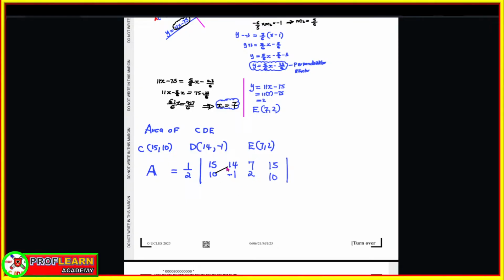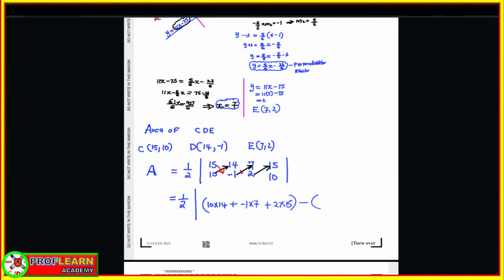Then we're going to multiply this to that, this to that, this to that. We get the sum. And that is going to be basically a half modulus of 10 times 14 plus minus 7 times 7 minus 1 times 7. Then plus 2 times 15. Cross that, subtract the product of